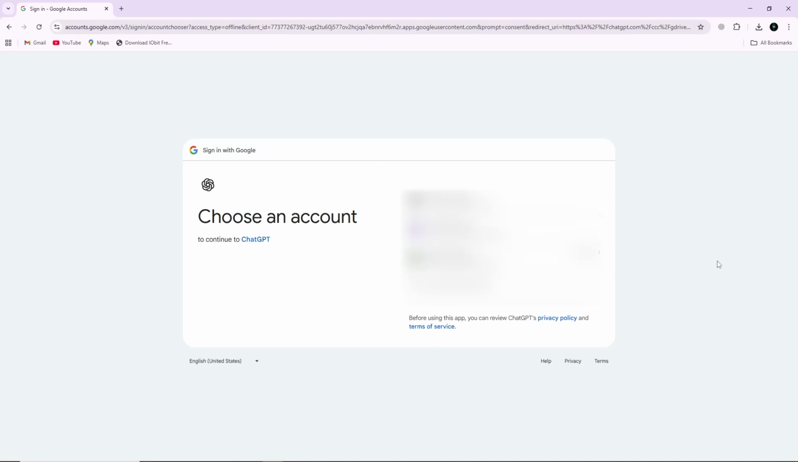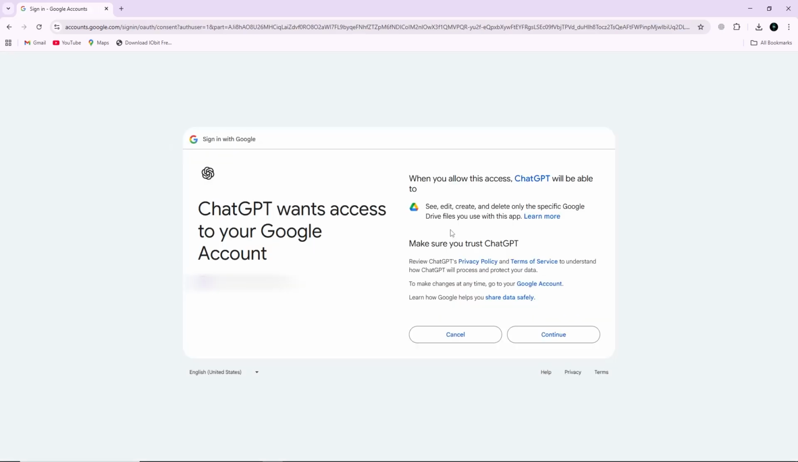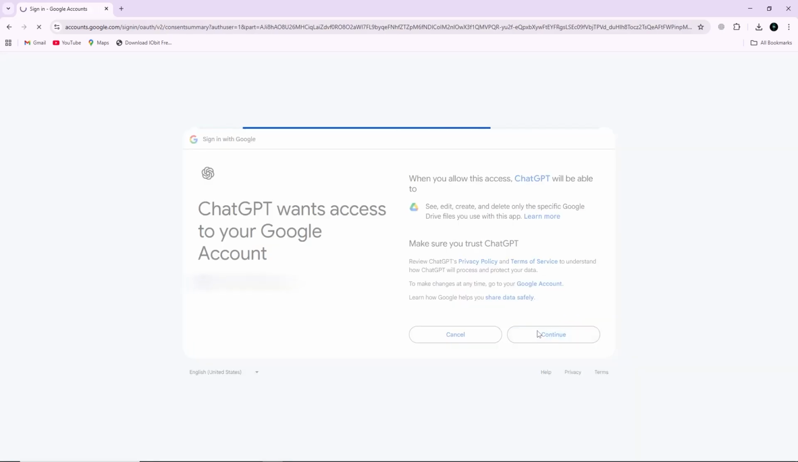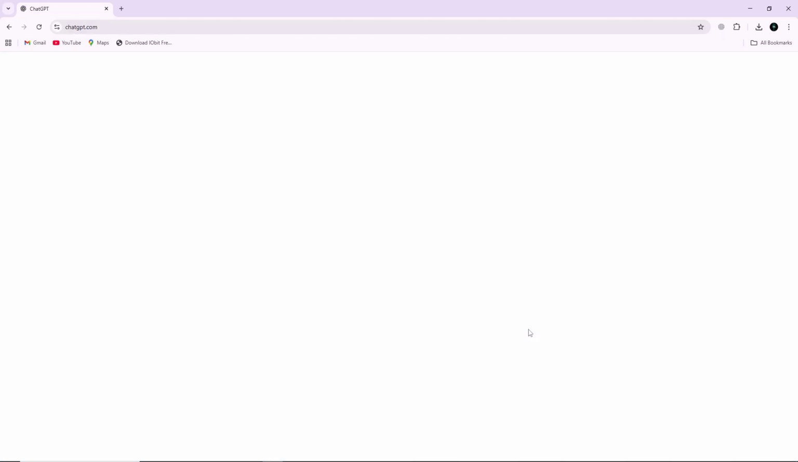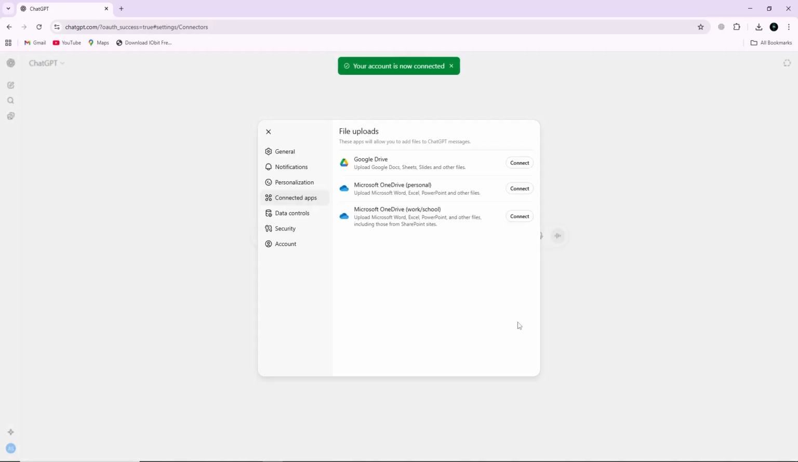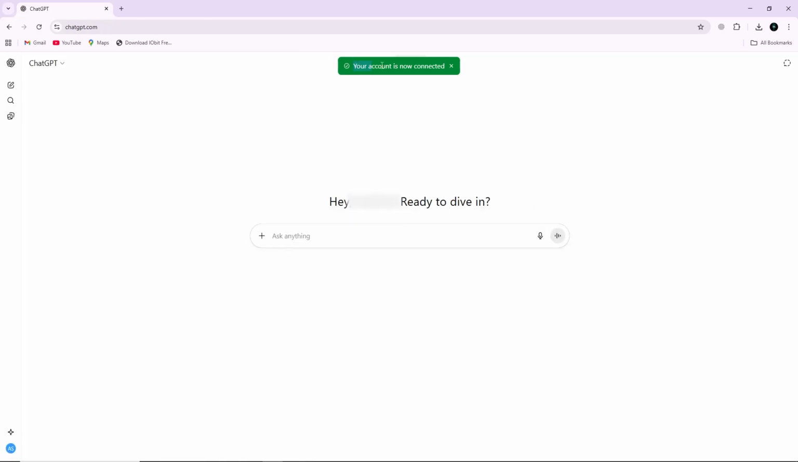If you are already signed in, you will simply need to choose the account that you want to connect. Select the account that contains the Google Drive files you want to use with ChatGPT. After selecting the account, you may be asked to allow ChatGPT to access your Google Drive. Once you confirm this step, the connection will be completed, and your Google Drive is now successfully linked to your